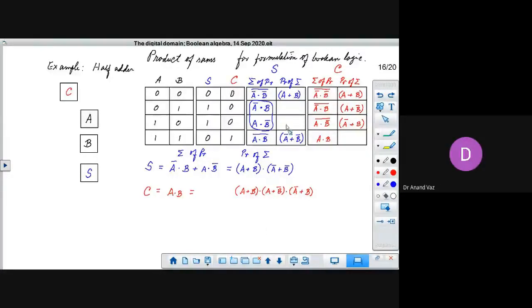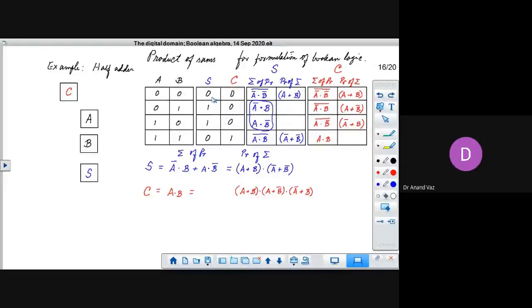You see, look at it like this. When you apply sum of products, over here you have a 1, which is an output, and 1 here, which is an output, okay? So you identify the fundamental product corresponding to this. This is going to be not A and B. And here this is A and not B, okay? Now this is as far as the sum of products method is concerned. So you just OR these two products and you get a sum of products. That's what we did over here. Now in contrast, instead of going by the ones, we can go by the zeros.